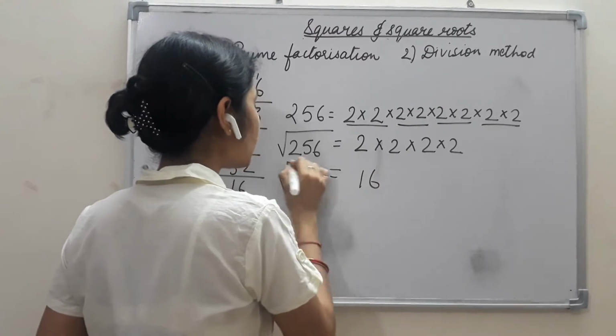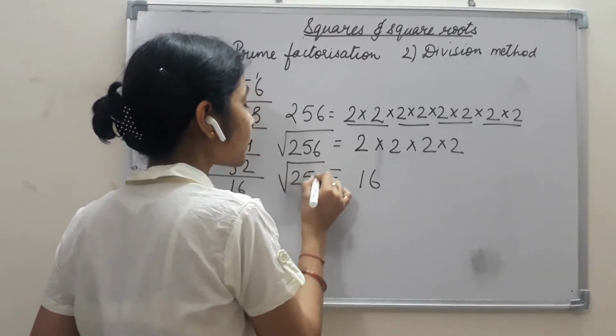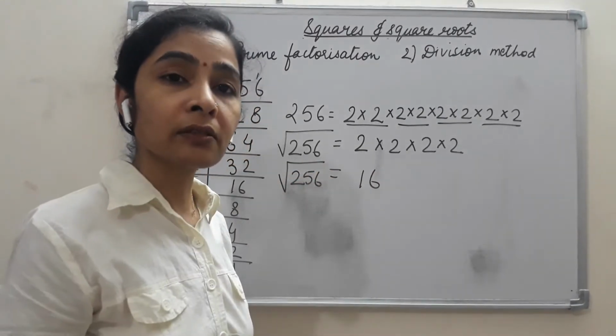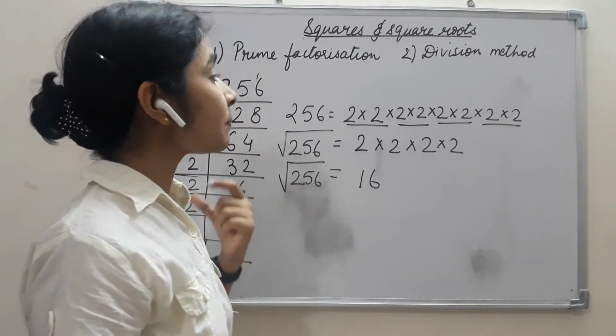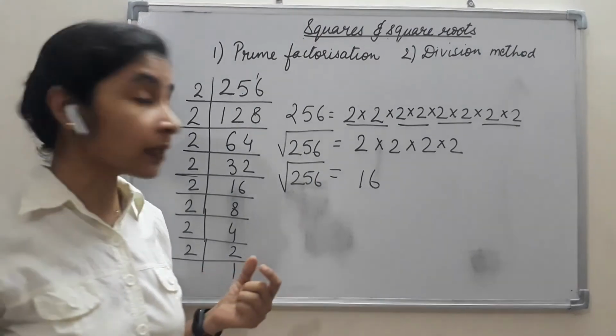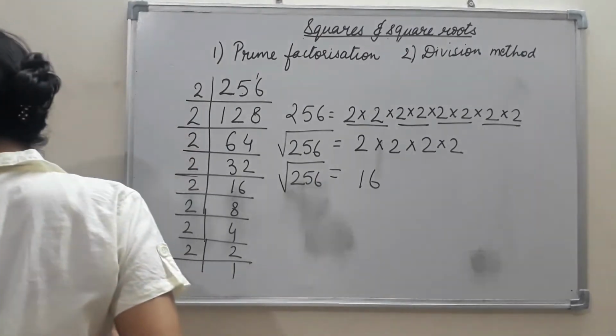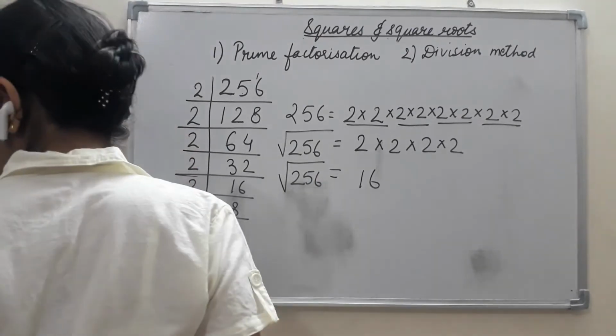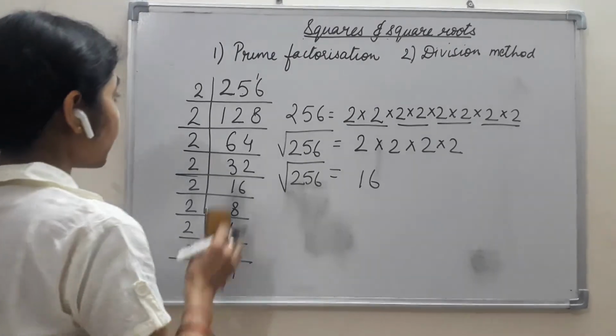So the square root of 256 is equal to 16. This is the prime factorization method, where we find the prime factors of the given number to find the square root. Let us take one more example,